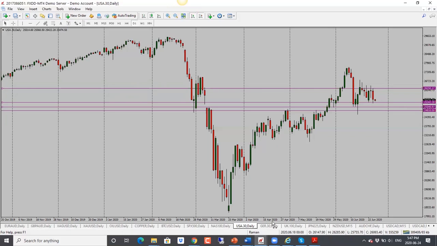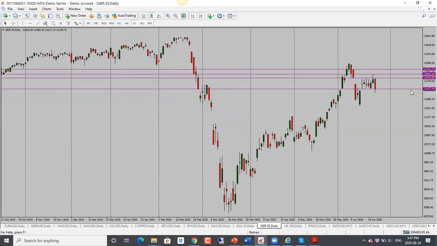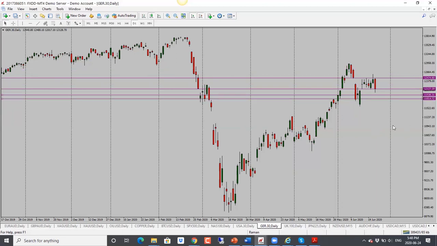So bearish bias here. DAX here, DAX also dropped. We see it closed right into the bottom of the range that it's been trading in over the last few days. So for this one as well, for it to continue, we need to see a drop through the support level here. So for now, bias is bearish. Just be cautious of the level. And in terms of our targets, we're looking at 11,940 and then 11,800. Bias is bearish for DAX as well.